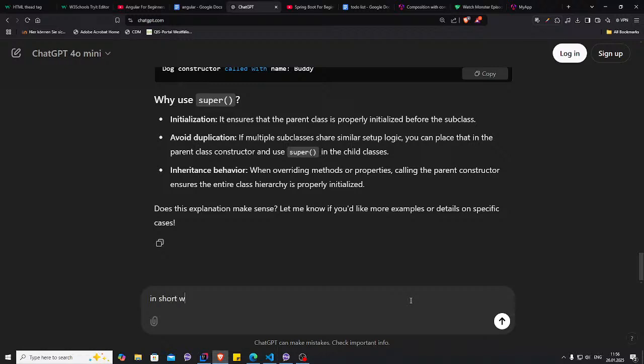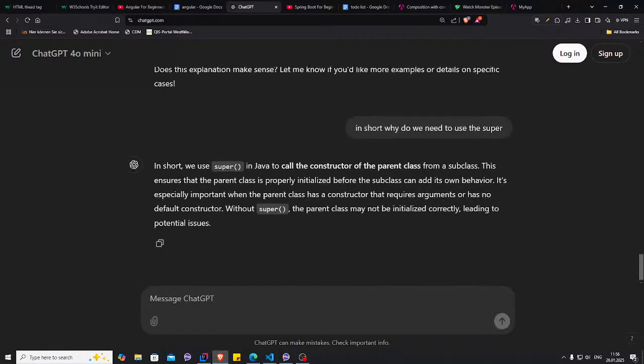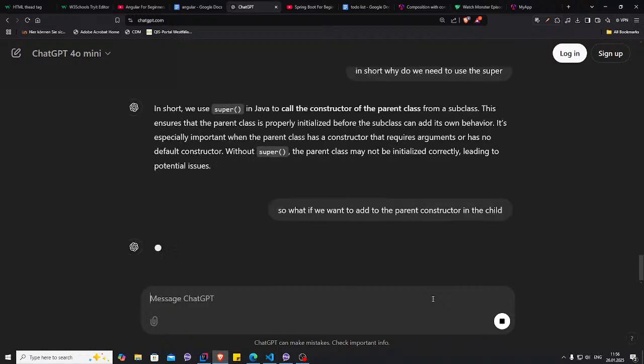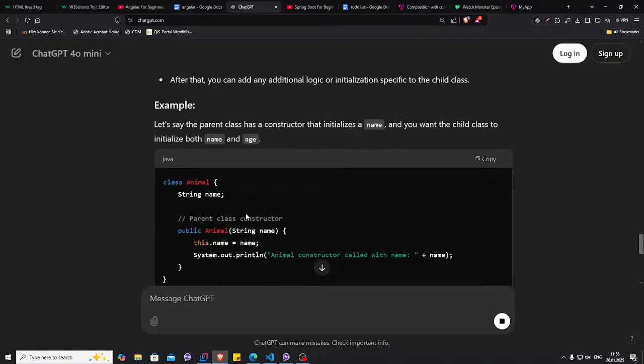In short, why do we need to use the super? To call the constructor of the parent class from the subclass. This ensures that the parent class is properly initialized before the subclass. So what if we want to add to the parent constructor in the child? We call the parent constructor